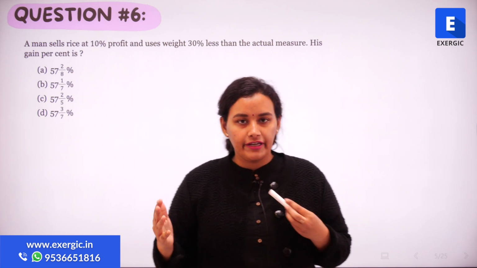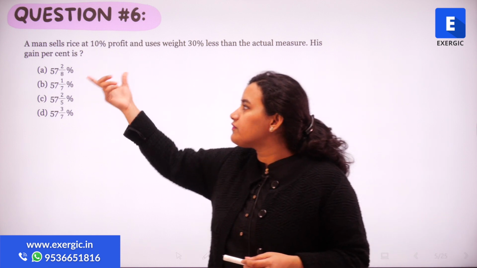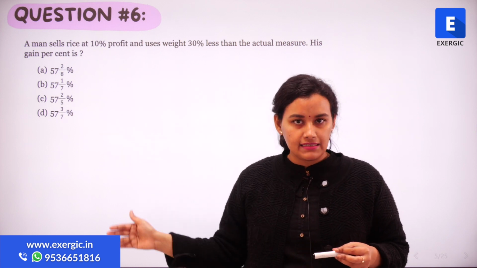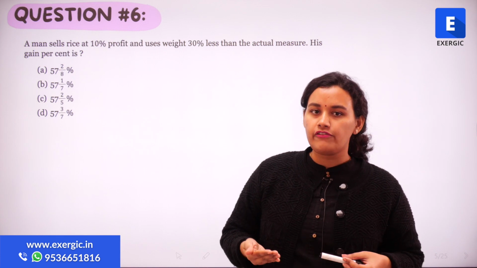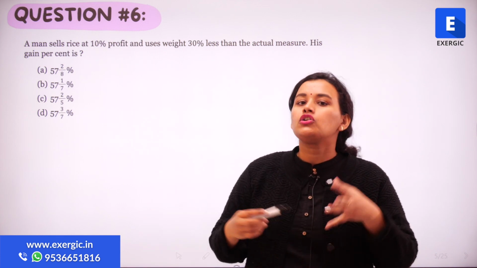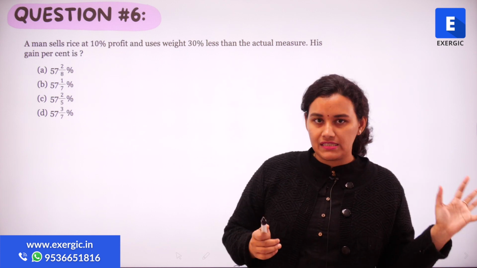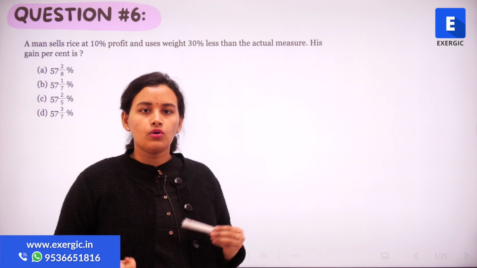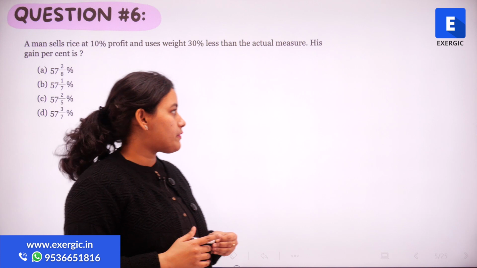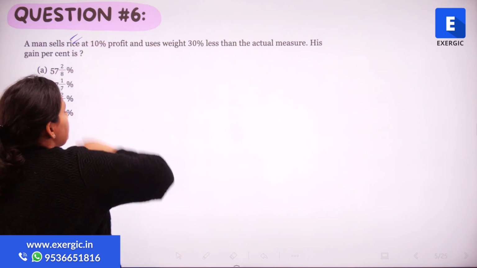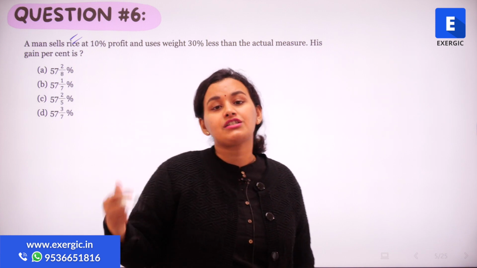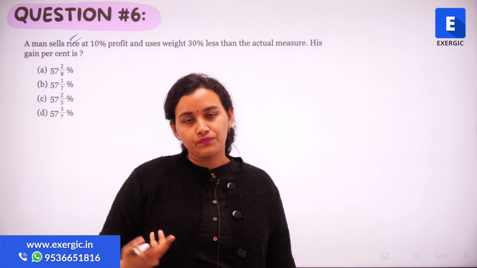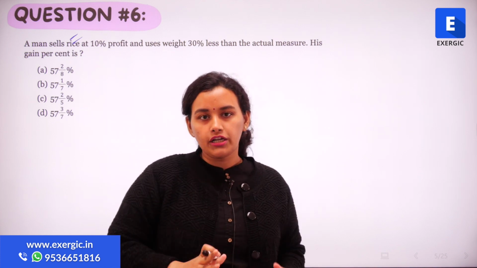You can take it to be any variable like x, y, z, but since we are going to find out the percentage in the end, all those variables are going to eventually get cancelled. So in the first step itself, you can assume the cost price of rice to be either 100 rupees or 1 rupee in order to make our calculations easier, right? I always find it easier to work with 100, so I'm going to assume the cost price of rice to be rupees 100. Now you must ask, how much rice? Am I talking about the cost price of 1 kg, or of 2 kg? So again, we're going to fix a certain quantity for this rice.